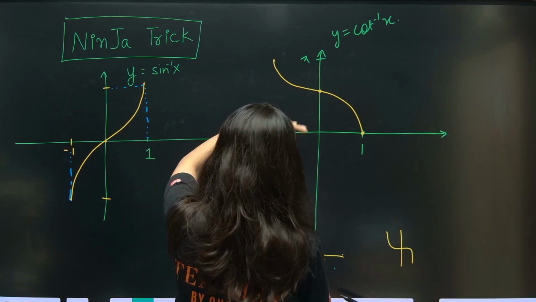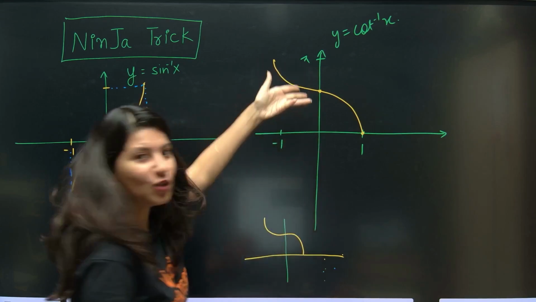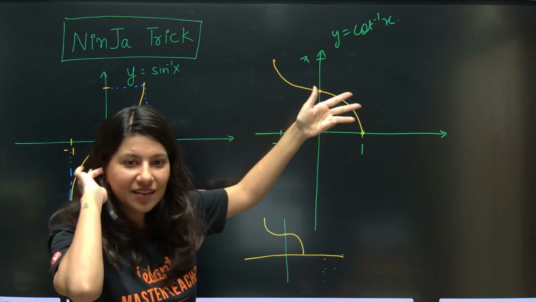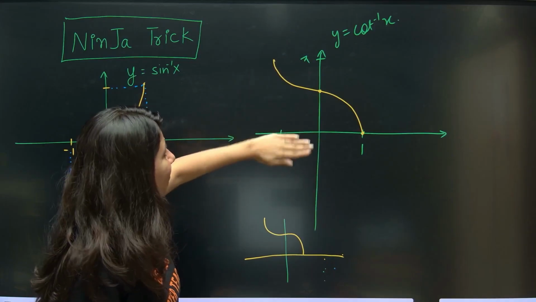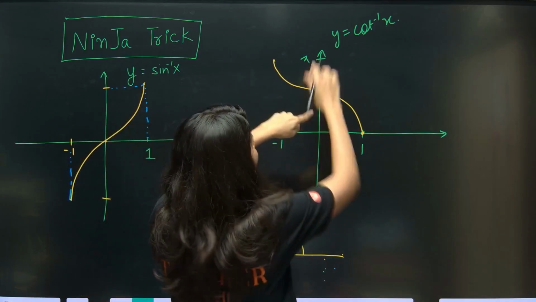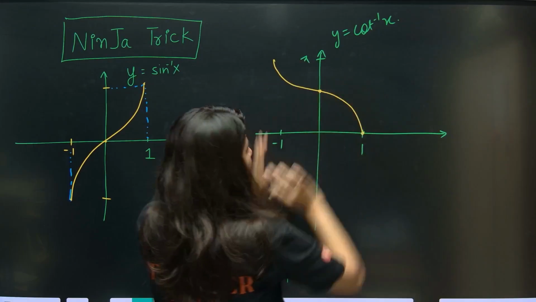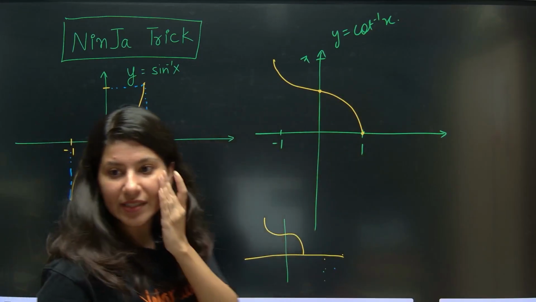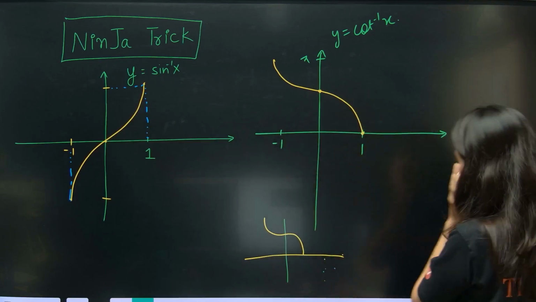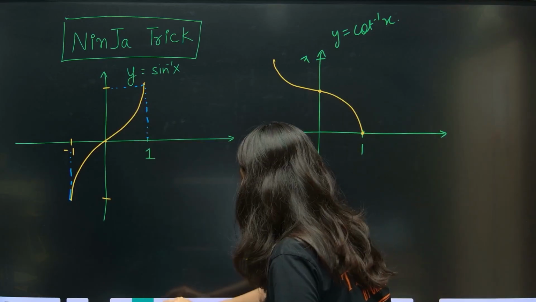But just this is completely above the axis. So domain and range will give you that idea, no? Domain and range will give you that idea that the graph will be in 0 to pi. So you have to draw this fur. Okay, so just a resemblance. Okay, cot inverse x. Now the third graph